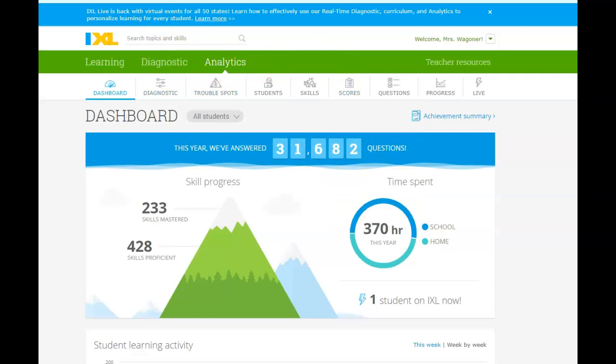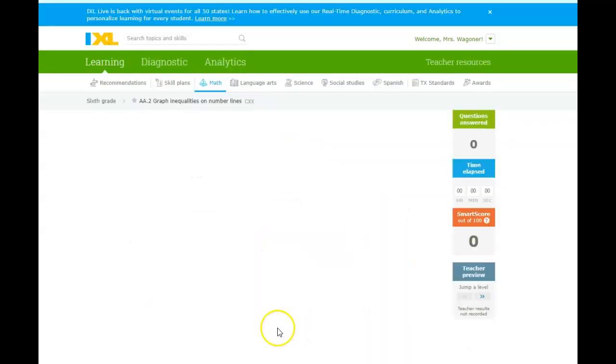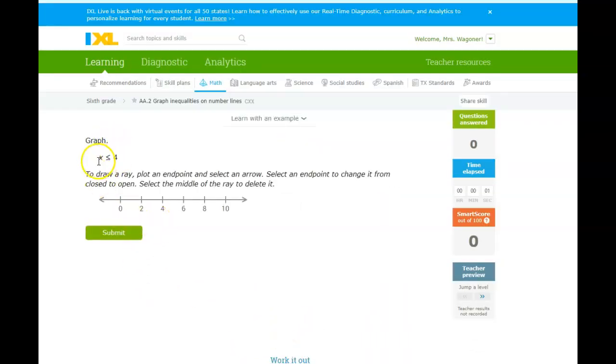Okay, so the codes are CXX, so CXX, graphing inequalities on the number line. So this is a graph. It says X is less than or equal to 4, so you would go to 4. Now it says or equal to, so I know it's going to be a closed dot. If it's not, you just click it again if you want it to be an open dot. And then it says it's less than 4, so you're going to go all the way over to the arrow